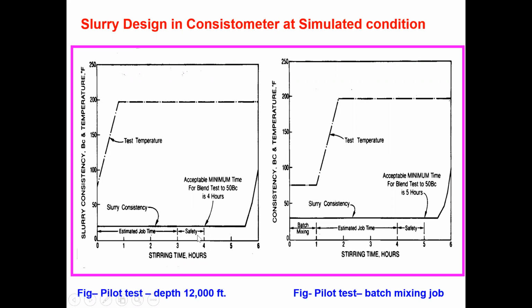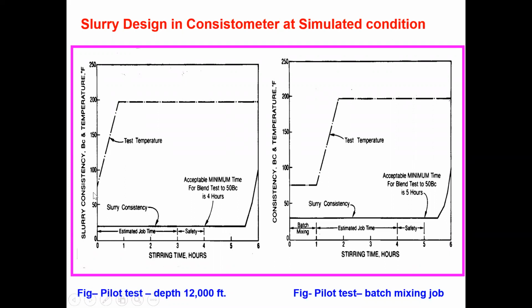But suppose the total time taken in the job is 3 hours, and I design a cement slurry which has a thickening time of 6 or 7 hours. It is a bad design, because the slurry will remain in liquid form. As long as it remains in liquid form, the maximum migration of water into the cement slurry, and of gas and oil, takes place during that time. The transition time should be minimum. That is why I mentioned the right angle set.